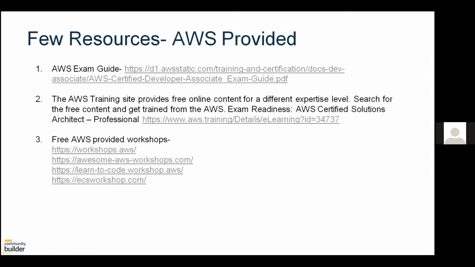The next thing is AWS training. AWS has a training site, and they provide various exam readiness training and various training on different services. I will highly recommend the exam readiness guide. I have mentioned the exam readiness guide for the Solutions Architect Professional certification, because this exam readiness guide will give you a picture,